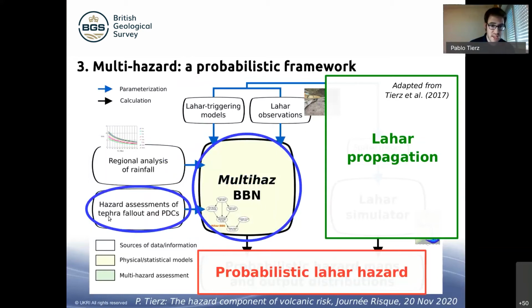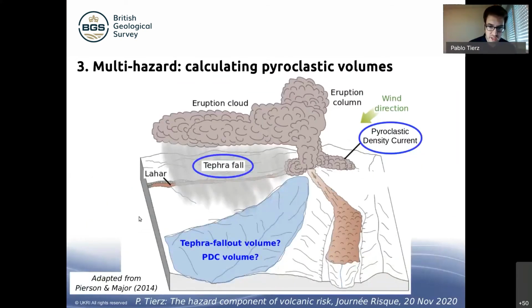We try to assess the aleatory variability for PDCs and tephra fallout and incorporate it into a Bayesian belief network, which is the model that tries to assess the probability of lahars of different volumes. And so, as I show here,